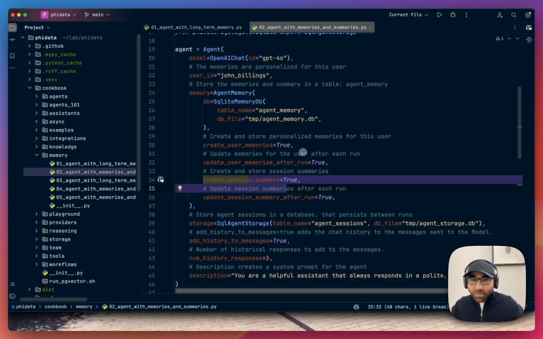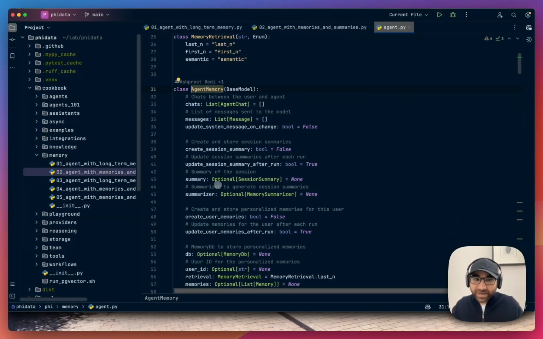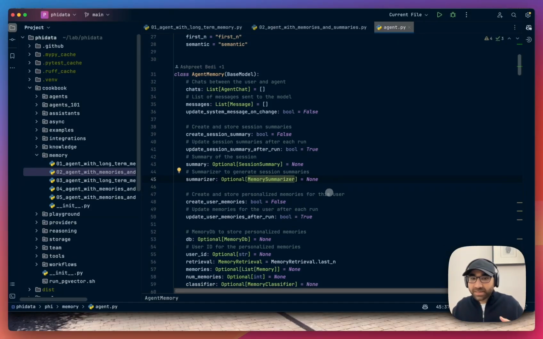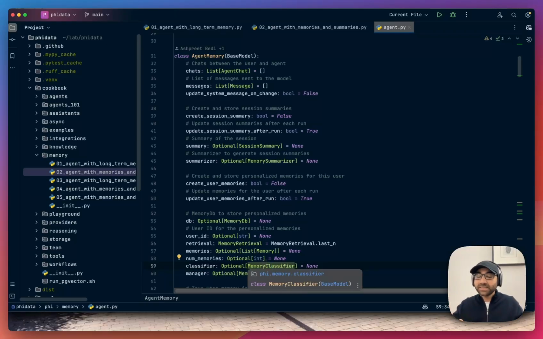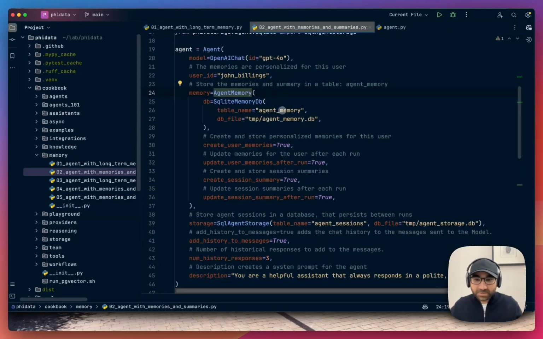Of course, there's more customization of the memory driver. For example, we can provide a summarizer agent that is doing the summarizing. Phidata provides a default one, but in more advanced cases, we will definitely provide our own memory summarizer. And again, same for the user memories, we can provide our own classifier that classifies whether this is information that we should remember. And the memory manager that manages the updating of the memory. So all of those things can also be customized further, along with how we retrieve that memory, and more details. But I'll keep this one